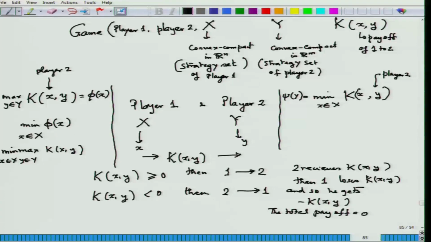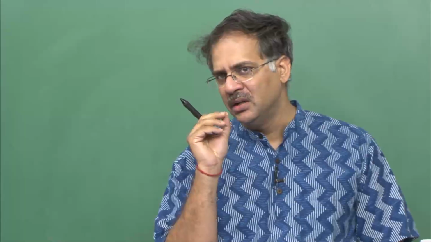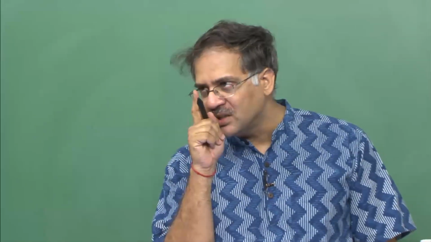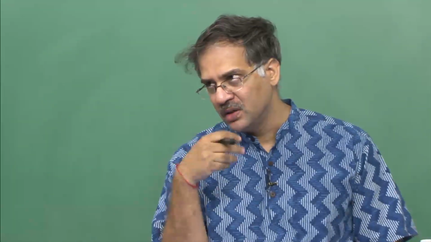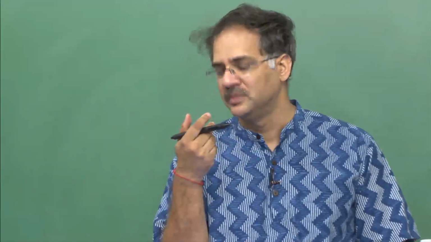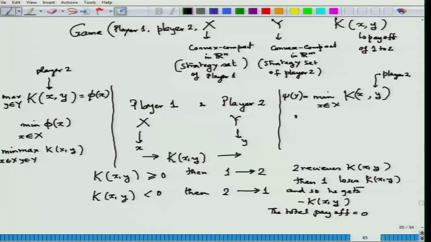So, you see now this is the minimum amount I will get, but my aim would be to play such a strategy y, so that I can have as much as I can from that minimum amount. So, what I will do is max of,